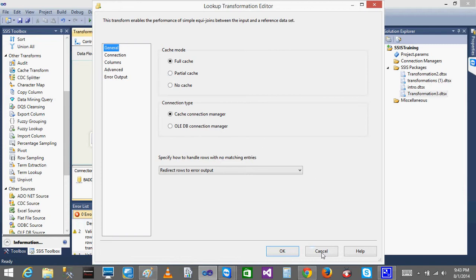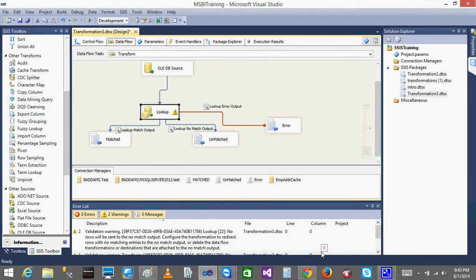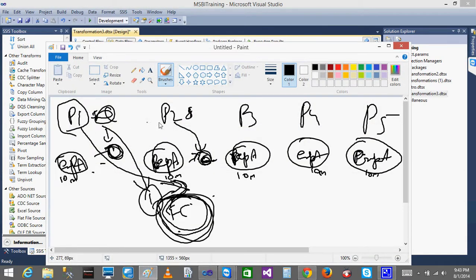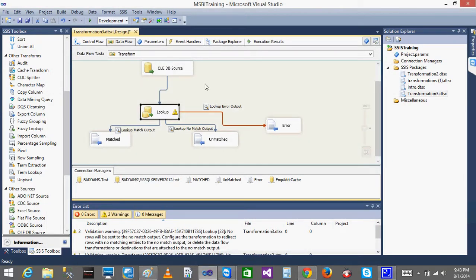The same thing you can do, but instead of accessing the same table multiple times, here package 1, package 2, package 3, package 4, package 5, everyone will access the same table again and again, right? So instead of accessing that same table again and again, you can create one cache, and instead of pointing everyone to the table, you can point them to this cache. And in the cache, you can even create the index also, right?